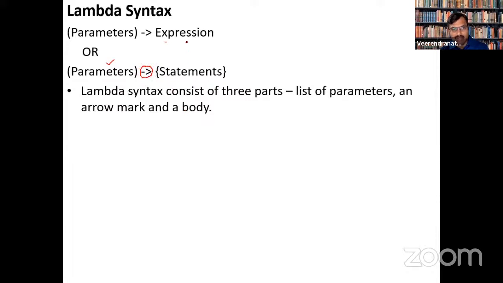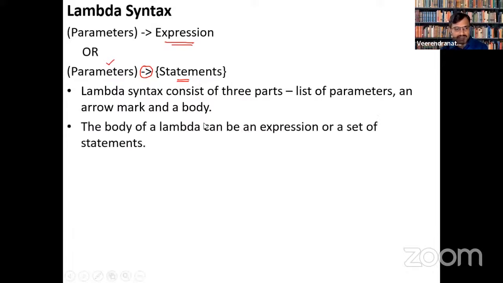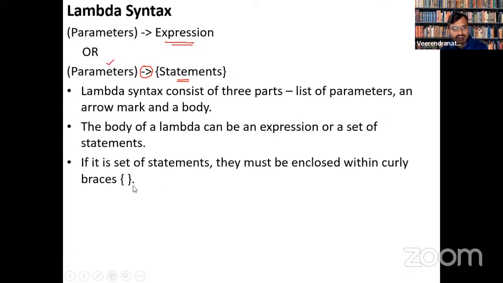And this is the body of the Lambda expression. It can be an expression, it can be a set of statements, it can be anything as such. And the curly braces let you put a set of statements.